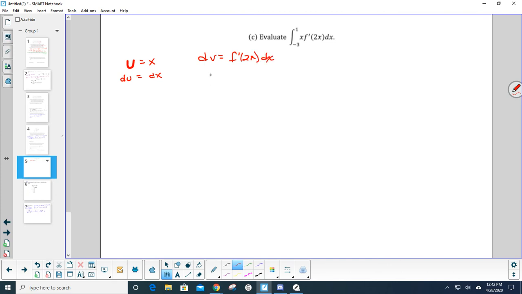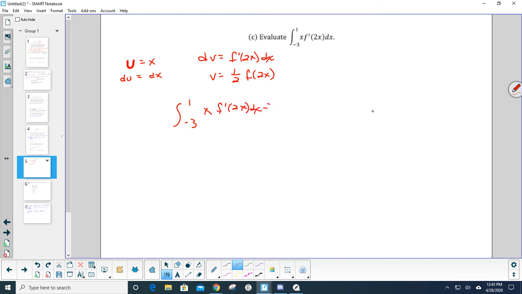If I antiderive it, v is going to equal, I have to have the 1/2 out front to get rid of that 2, and f of 2x. So again, that chain rule is coming back to bite you in the butt again. So I'm going from negative 3 to 1, and I am going to have x f prime of 2x dx